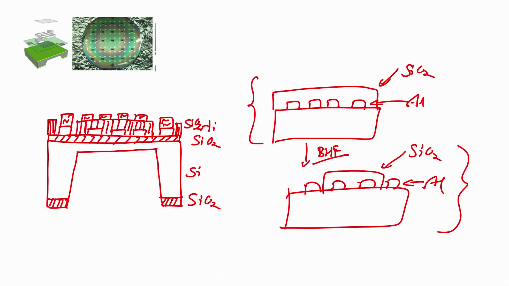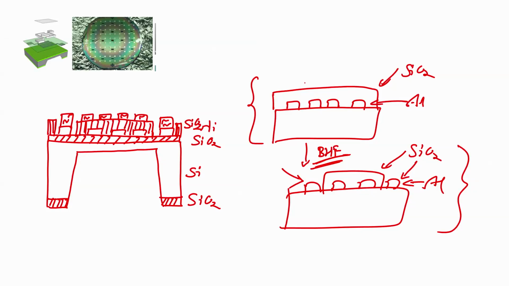If I dip this wafer in BHF, what will happen, you guys know, this aluminum which is exposed will get etched in BHF. The BHF will etch aluminum as well. So, this technique cannot be used, because my BHF is going to affect my aluminum,